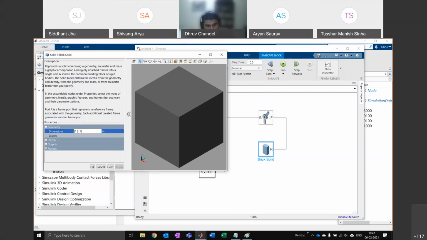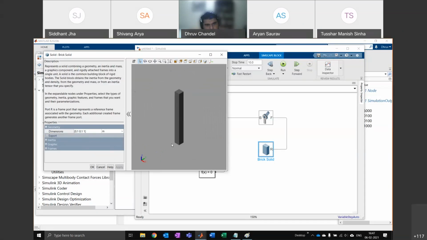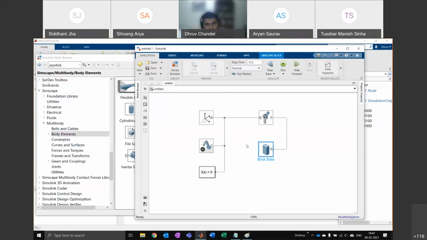So let's say this is 0.1 meter broad, 0.1 meter deep, and 1 meter long. So this is the shape that we have built. And right now I've just attached it to this joint. Okay, there is no forces, there is nothing. It's just a body right now.